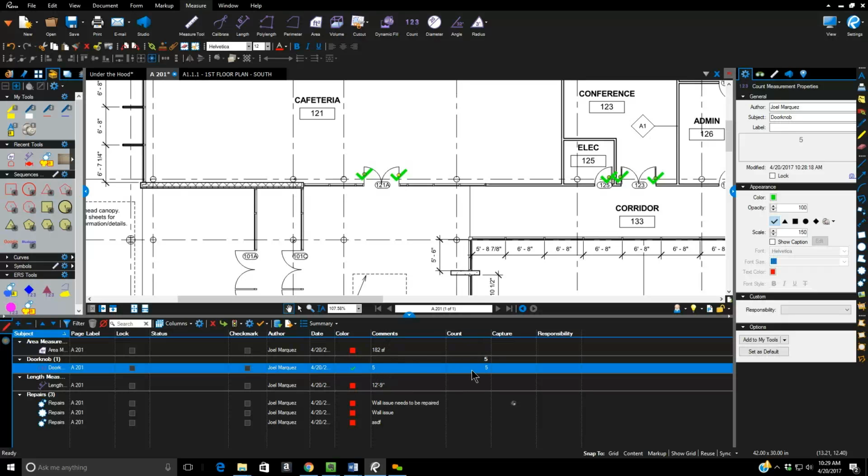Everything exported from the count column is actually a numerical data type. So this allows us to export it to a spreadsheet program and then do some kind of formula on it. Now, more on that in a minute, because we can actually talk about how we might want to do some of those calculations in the Bluebeam program itself using the last feature we're going to talk about today, which is custom columns. But before I leave the count measurement tool,